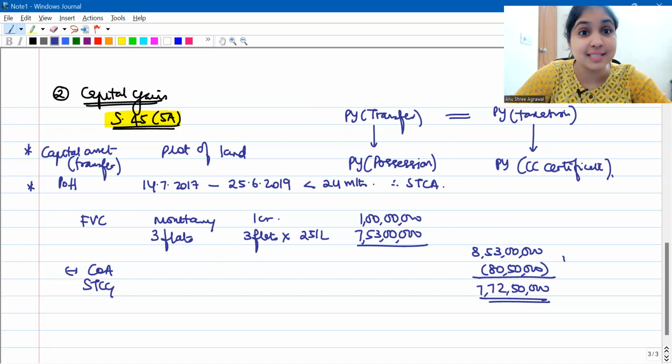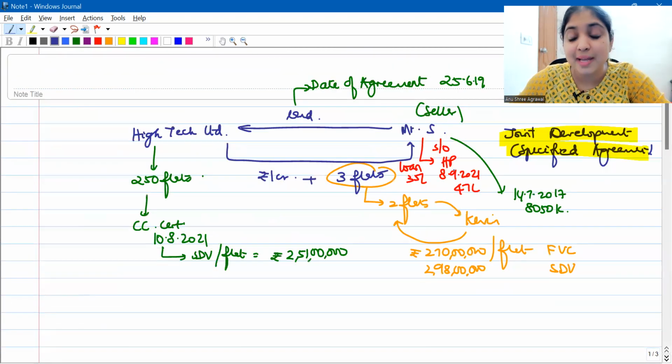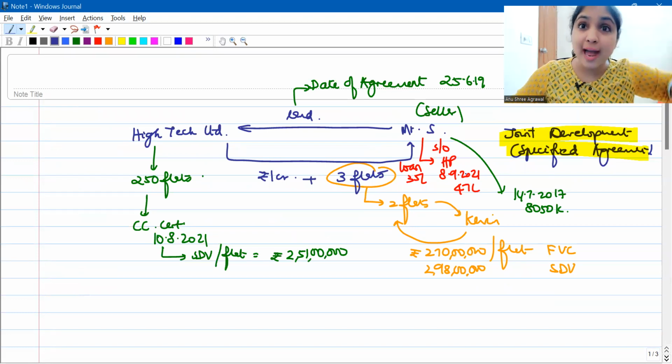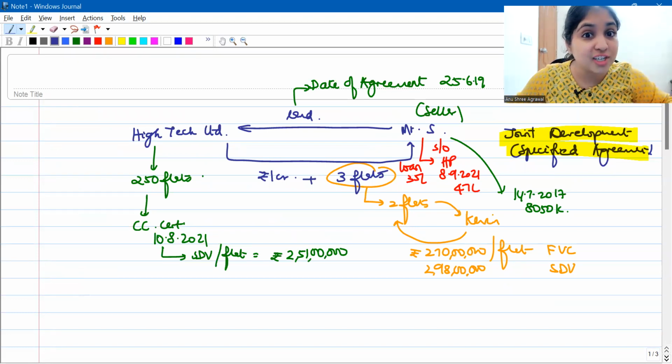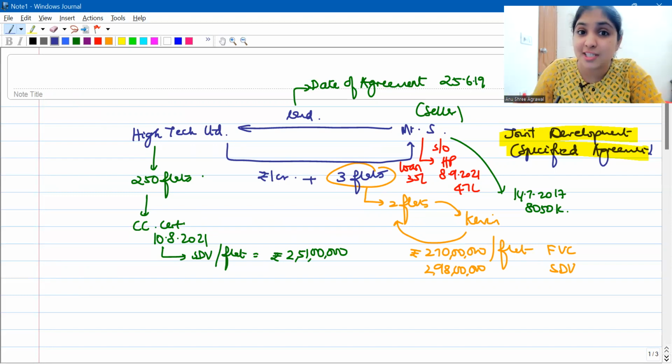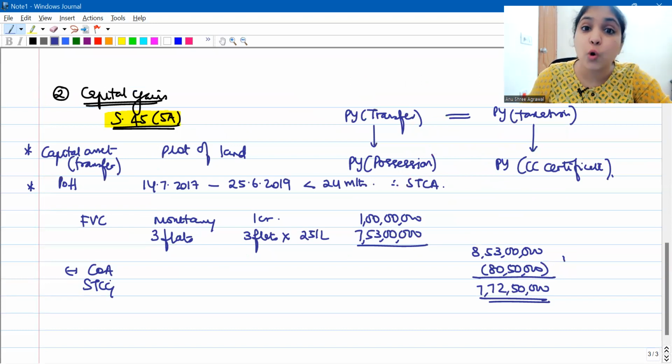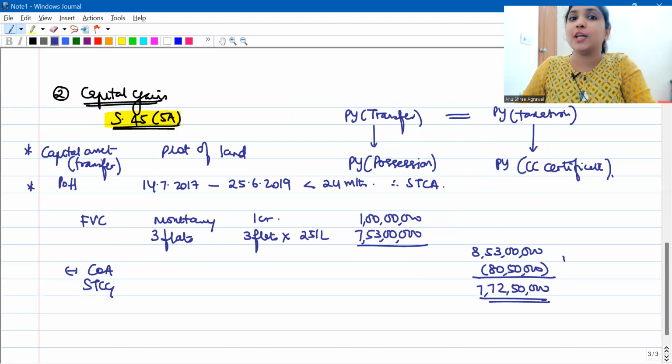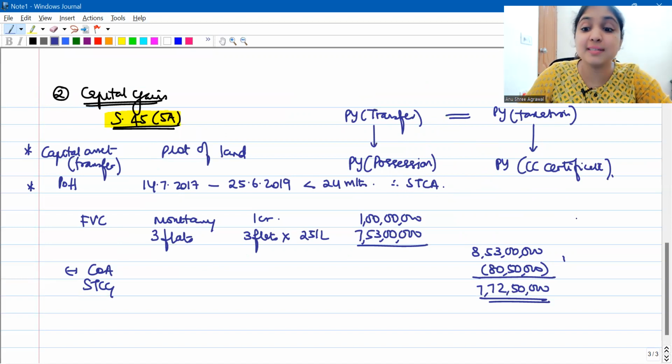But wait, listen. My assessee sold land and purchased a house property. Sold land, purchased house property. Does any exemption section come to your mind? Sold any long-term capital asset other than house property and purchased house property: Section 54F. But can I apply 54F here? I can't, because 54F applies only if we have long-term capital gains. 54F applies only if the capital asset which I'm transferring is any long-term capital asset other than residential house property. This is not a long-term capital asset. This is a short-term capital asset. That is why I'm not even thinking about section 54F.